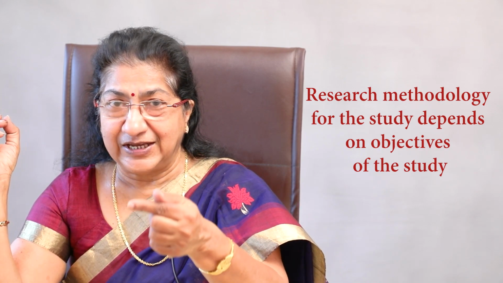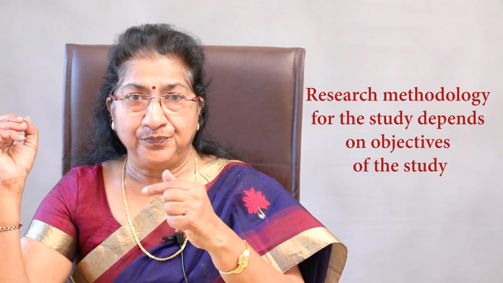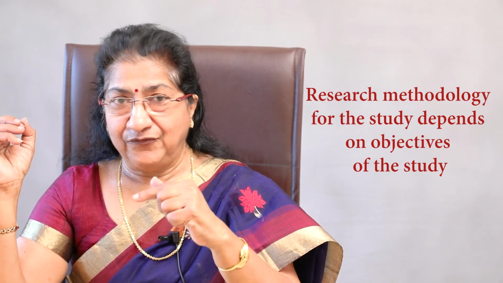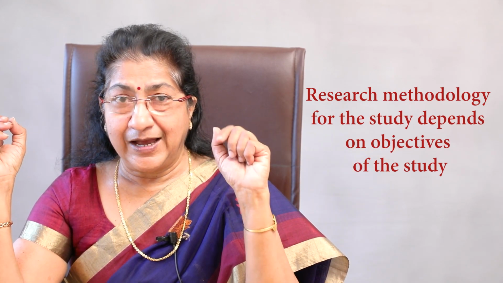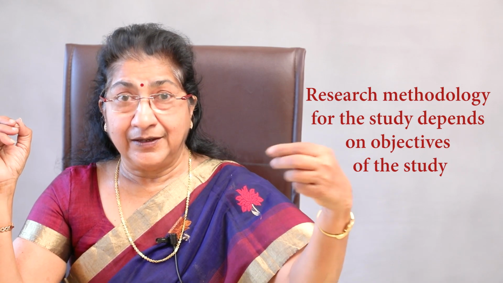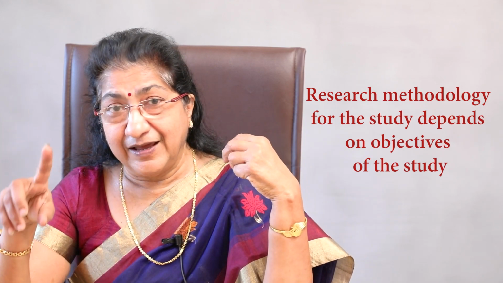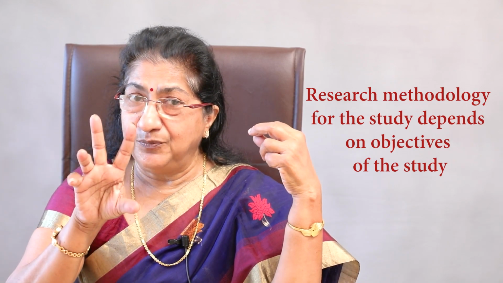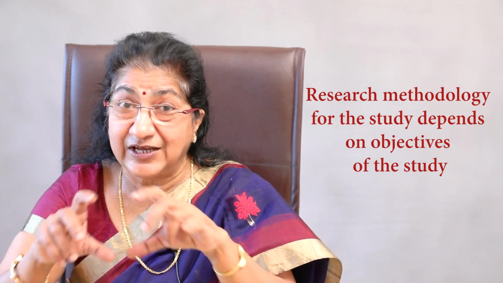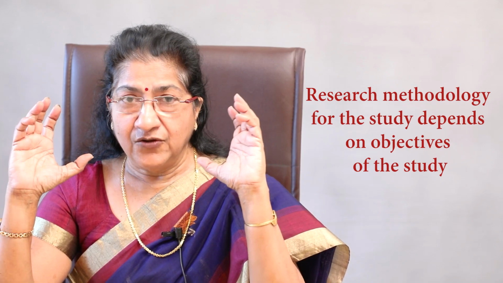Now, I gave you this example for the government loan. For this one, first of all, you have to collect secondary data. Year by year, is it increasing or not? How many beneficiaries have taken this loan? And then you have to come to the primary data. Means you have to collect both types of data, secondary data as well as primary data. Means you can design your research methodology. For designing the research methodology, objectives play a great role.